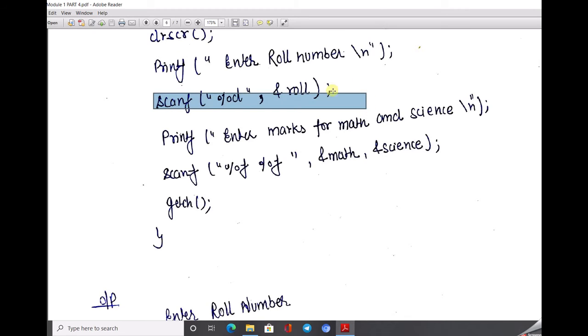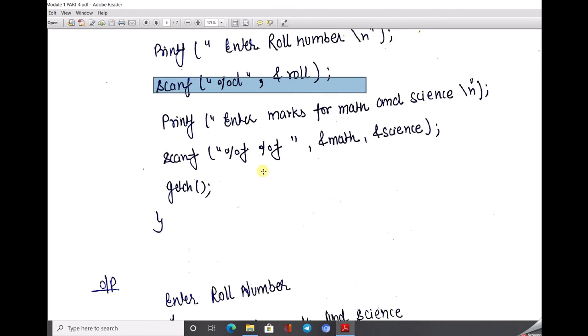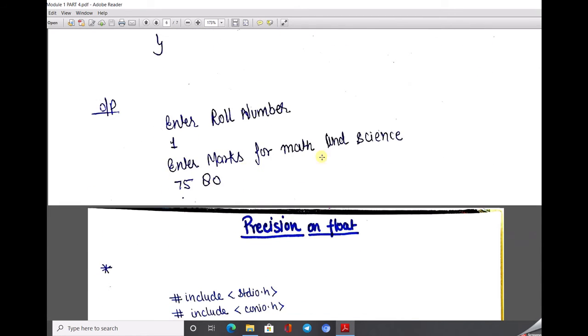Now the user gives the input value. Again it prints enter the marks of math and science, and again changes the line. After printing this, the cursor goes to the new line, and the code instructs to accept two numbers from the user in float form. Okay, right now we can see here.